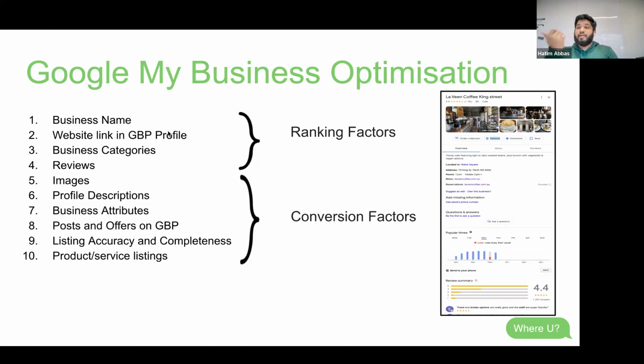Website link, as we just saw that Levine does have website links. It doesn't necessarily have to take them to a location specific landing page, but as long as you have a website link, that's really important. And your business name, Levine Coffee King Street. They could have just said Levine King Street, or Coffee King Street. But the fact that they wrote Levine Coffee King Street is a complete business name. It targets the keyword that they want to target, which is coffee, their primary product. Having a business name with your keyword or your service type is a very important ranking factor.